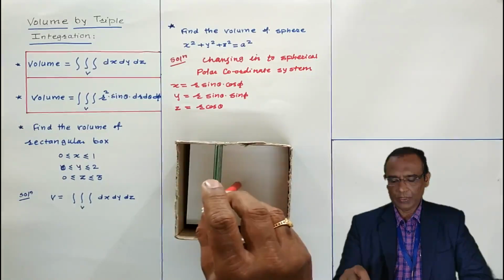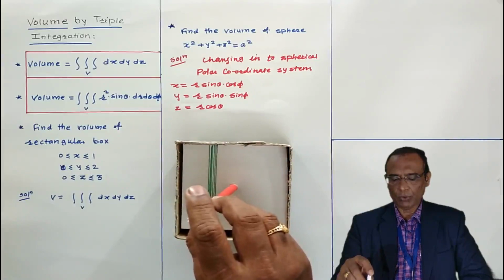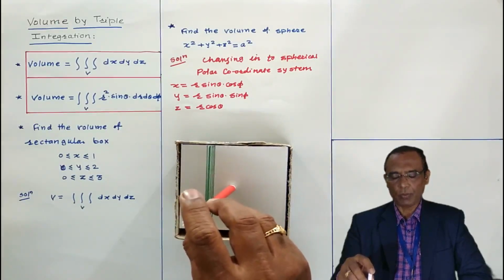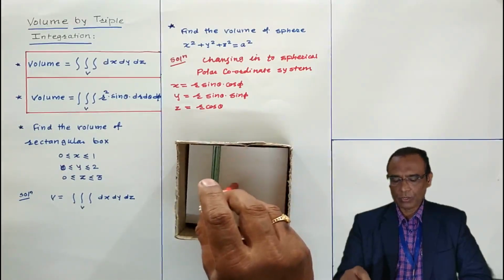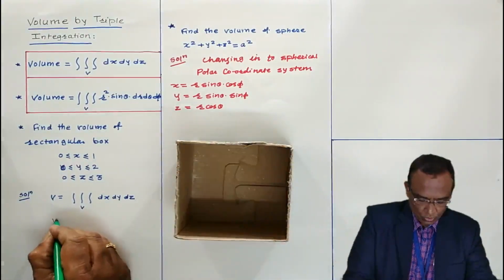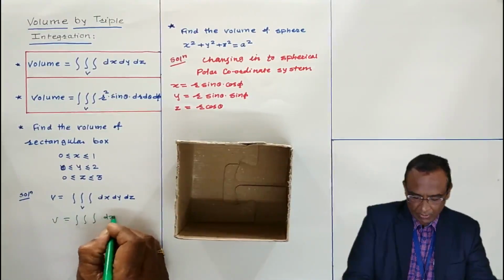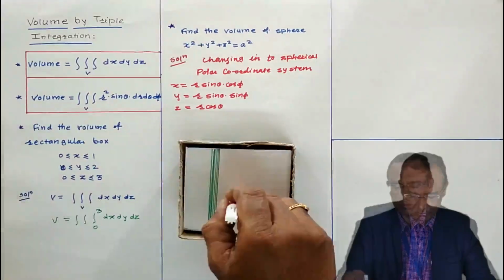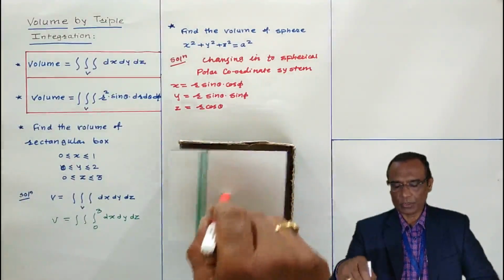So here initially z was 0, and in order to cover the volume, the z is equal to what? 3. Means z varies from 0 to 3. We are moving this plane up where z varies from 0 to 3. So I am writing the limit here, dx, dy, dz, and z varies from 0 to 3. We covered this volume using this plane or thin section of the rectangular box.